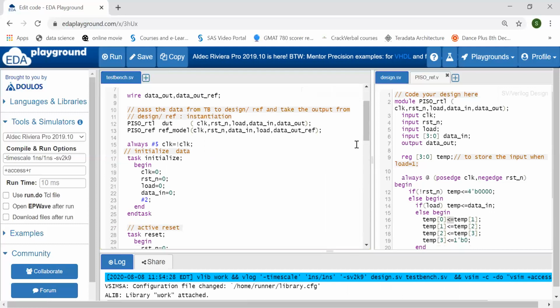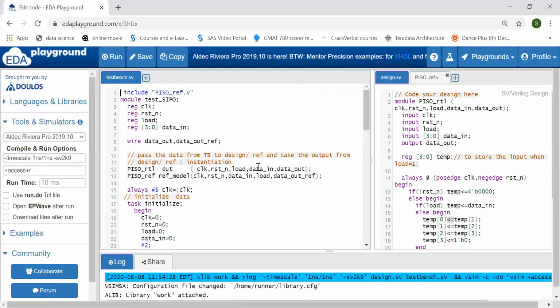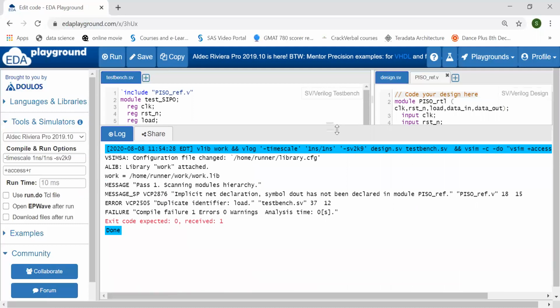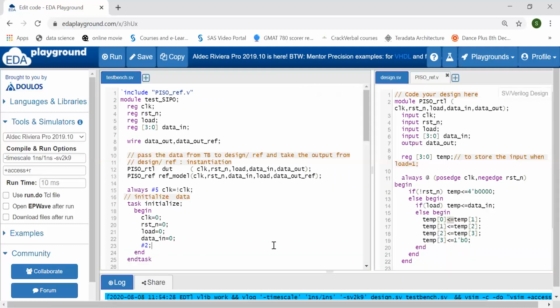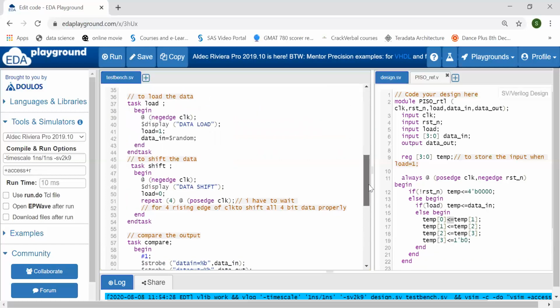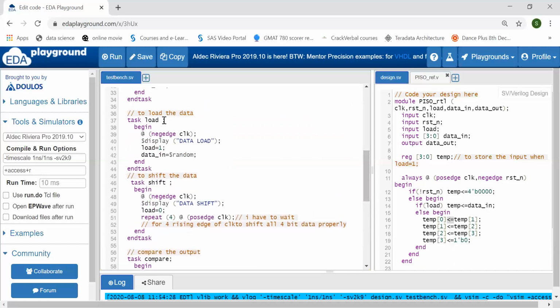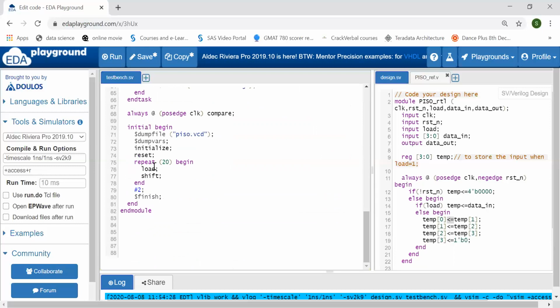Okay. So I have declared load twice, I guess. Okay, here I have already declared a variable as load. So I cannot take this task also as load. I have to give it a different name. Let's say load data, shift data. So here I can write load data. Here I am calling the task. As I have not given any input or output, I can simply call the task like this.